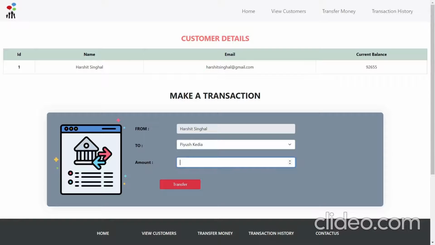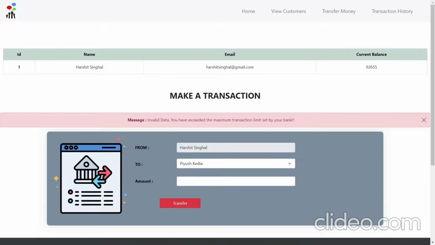And let's see another condition: Harshit has an amount of 92,655. If Harshit transfers 92,670, let's see what happens. Hey guys, you see that we get an error: you have exceeded the maximum transaction limit set by the bank.